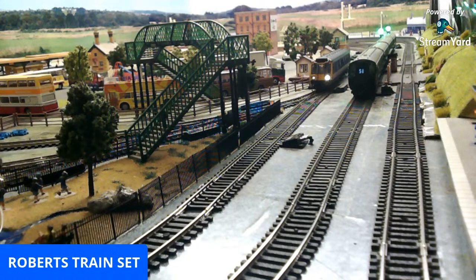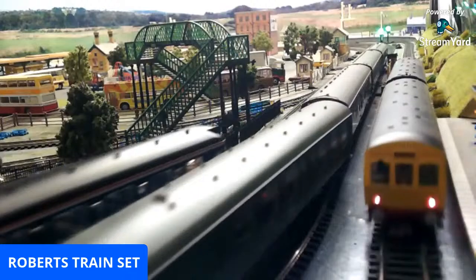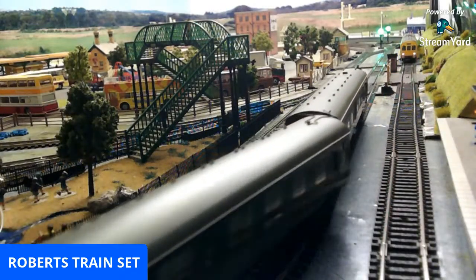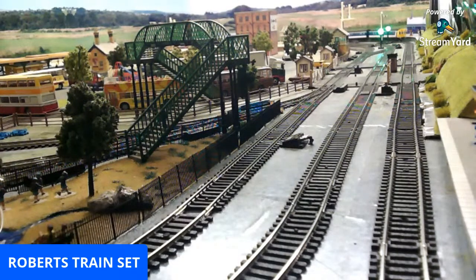So yeah, the 121 is really, really quiet. If I speed it up by a fair amount, it will sort of accelerate and make a noise. But